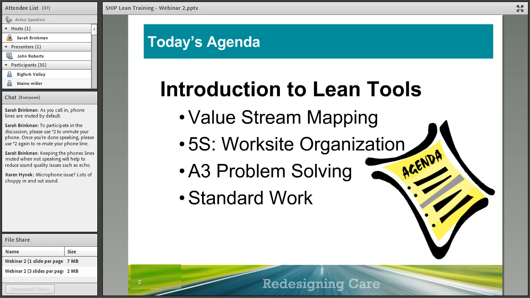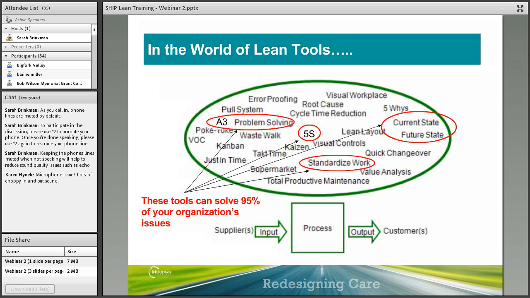Value stream mapping is basically seeing the flow throughout the organization, regardless if it's a segment maybe of a process, or if it's something that we're looking at from when a patient gets admitted to the hospital all the way through to when they're discharged, and looking at that complete value stream or process throughout